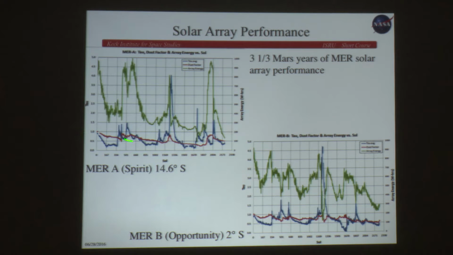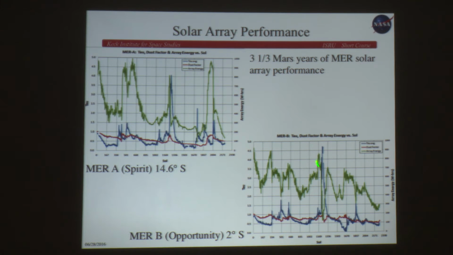You can see here that it is, for Spirit, a fairly constant decrease throughout its life, but there are also jumps. These are events when you get local winds, dust devils that run across them that lift the dust back off. But they never lift it all the way back off to perfectly clean panels. And depending on what you're doing, you can get quite low here. This is down to 1/4 of the actual production coming out of those panels at the minimum there, just due to the dust sitting on the panels, not to mention the dust in the atmosphere and the distance to the sun.